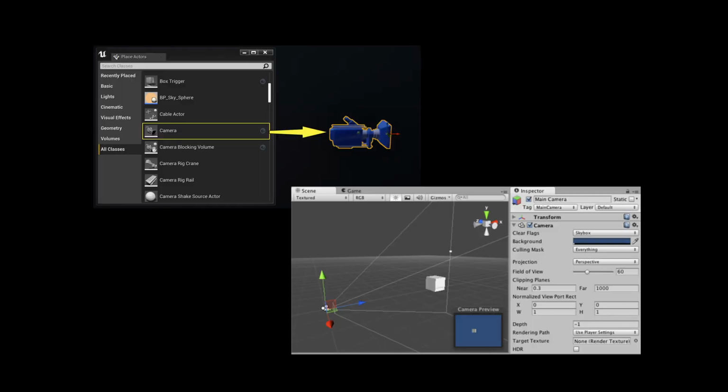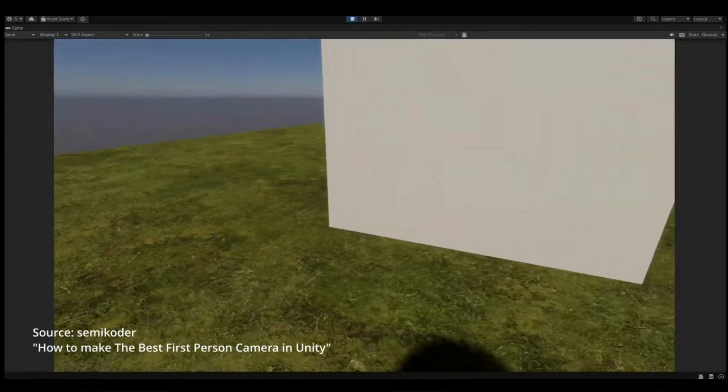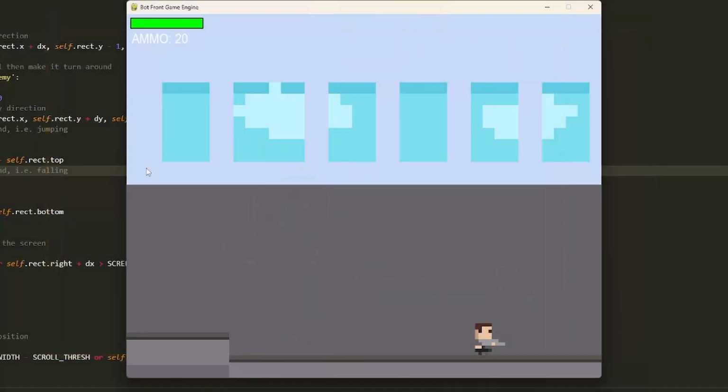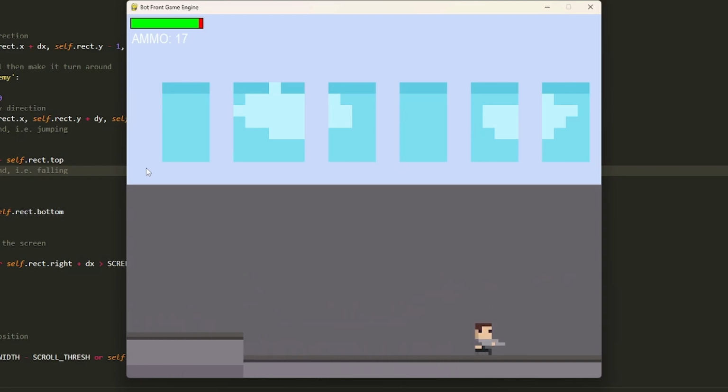Then I moved on to the next step, which is camera scroll. You see, game engines also have an inbuilt camera system, which allows developers to easily make the camera follow the player. PyGame does not have this feature, but we can always find where the player is and then having their coordinates, find out if they're too close to the window border, and if so, stop moving them and instead move the whole level with the objects and enemies. This isn't perfect since you need to move every object individually, but this is the only method that my little brain can understand.